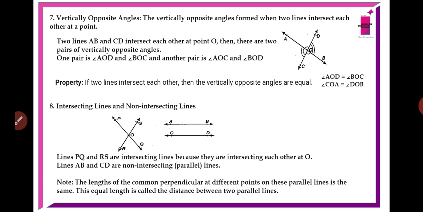You know that if a transversal falls on two parallel lines, it forms 8 different angles. Based on these 8 angles, we have different pairs of angles like corresponding angles, alternate interior, alternate exterior, co-interior and so on. We are going to discuss everything in the next video, regarding the properties and theorems of parallel lines and transversal, as well as the linear pair axiom.